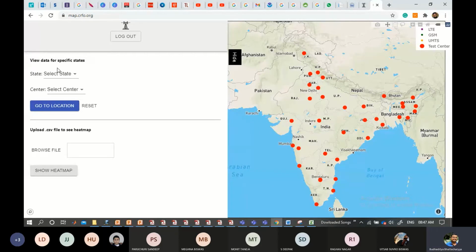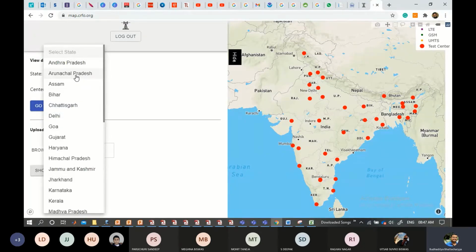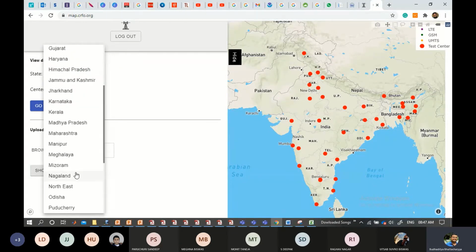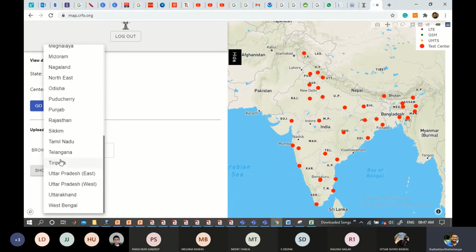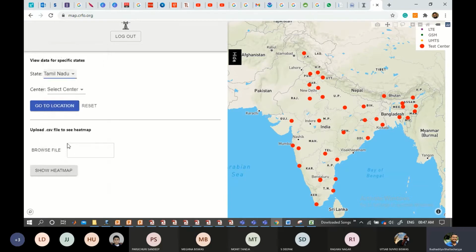So now if you check here, the first part of this map, this part where I'm holding on to, is where you can see different cities, given with respect to the major cities of each state, to be honest. For example, if I am residing in Tamil Nadu, you also do it on your own, wherever you are residing. The state has some centers. So this is one of the centers, which is in Chennai.